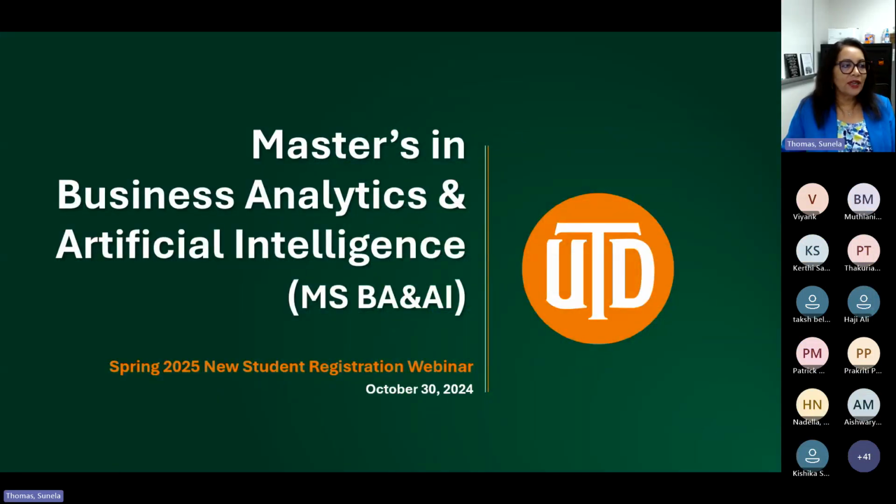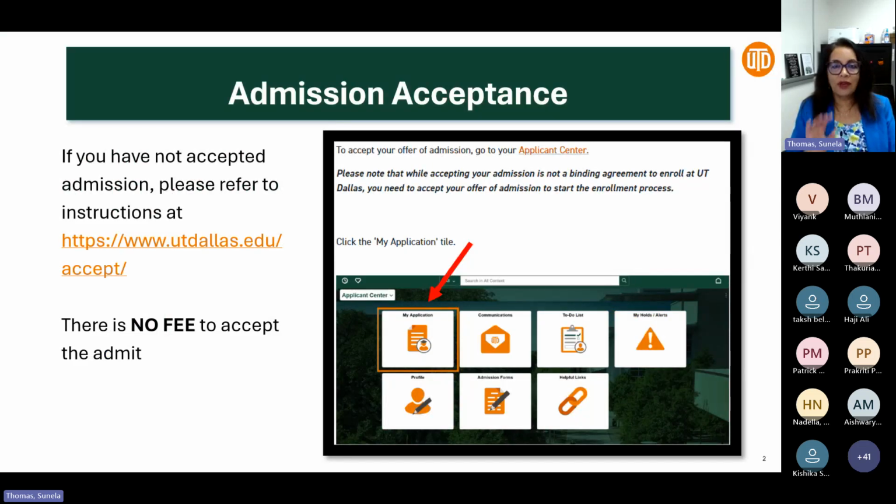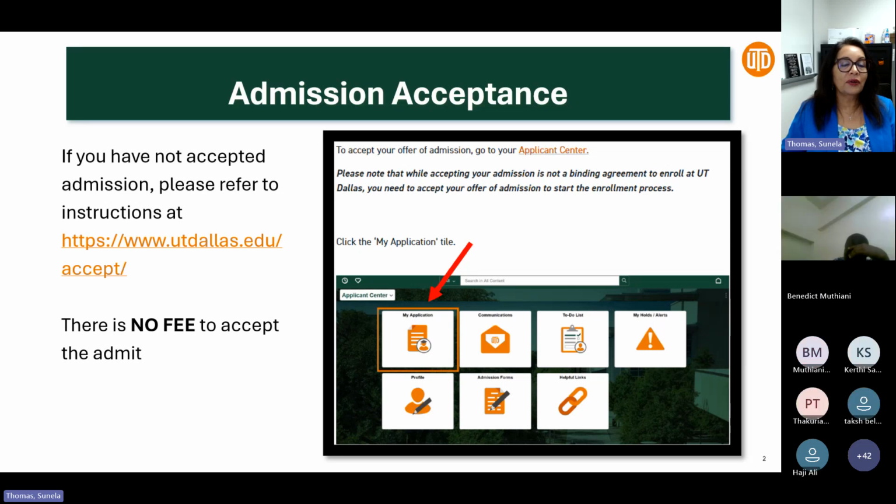So the first thing is that if you have not accepted your admission, there's no fee to accept, just go and click on my application and accept it. That's the first thing you want to do. Once you're accepted and into the program, I've not put that in the slide, but now UTD email is your official email.